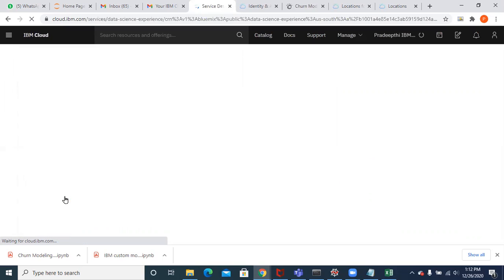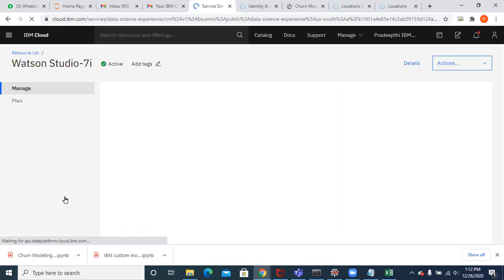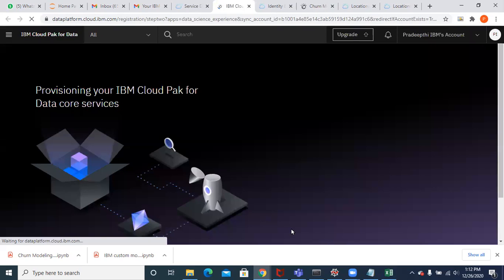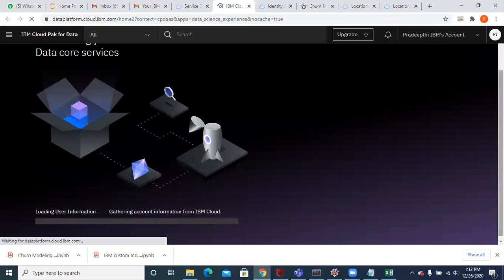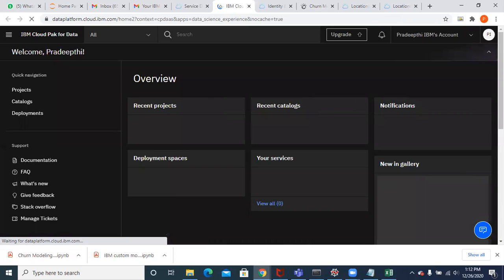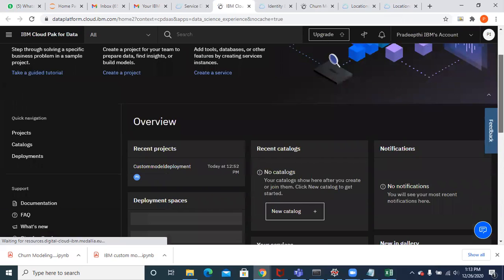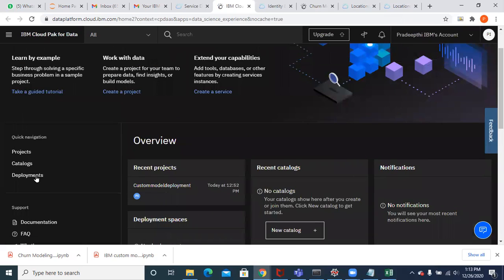Open your Watson Studio service. Click on get started. Likewise, you have created a project on Watson Studio. The same way you have to create a deployment space. So let's go to the cloud. The data gets loaded. Now, if you click on this deployments,